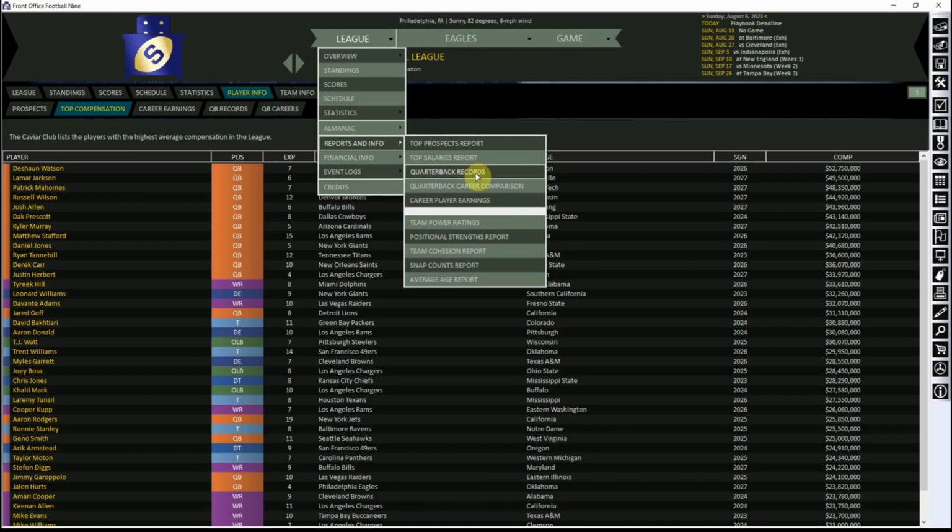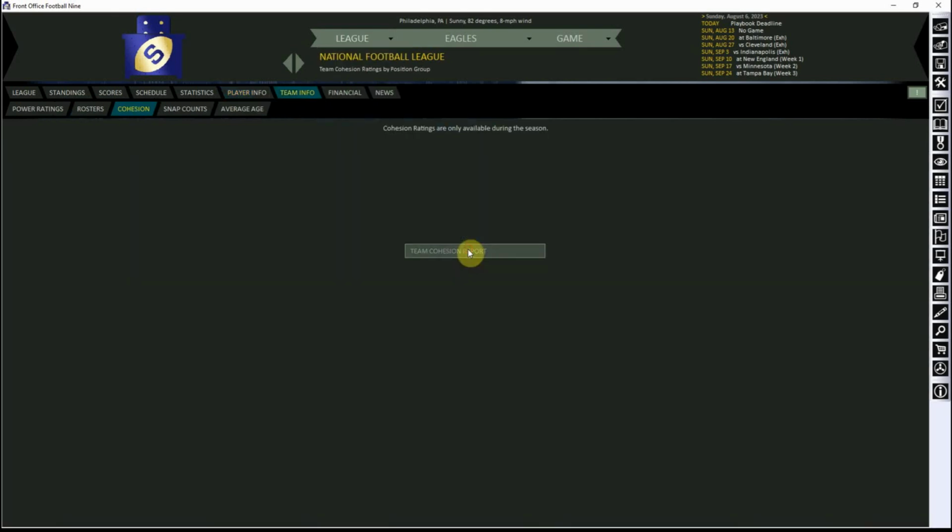There will be quarterback records going forward once you start generating statistics. Team cohesion is something that's really interesting, only available during the season. This is, I guess, a bit similar to that feature that I noted of whether players are getting along well and have good chemistry with one another. But team cohesion is something that's been in this game for many years. Essentially, if your secondary are all brand new guys, you brought in 3 free agents, you brought in 3 guys in the draft this year, made a trade for a guy who was on a different team, and you've got one guy who's a holdover from the previous season,